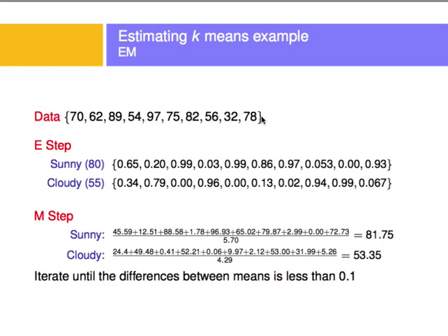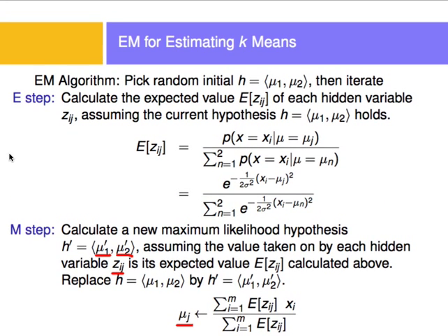This is the data again. Now I'm going to do the E step with sunny. The mean is 80, right? So what I'm going to do is go back to the formulas for the E step and the M step, okay? I'm going to use this formula here